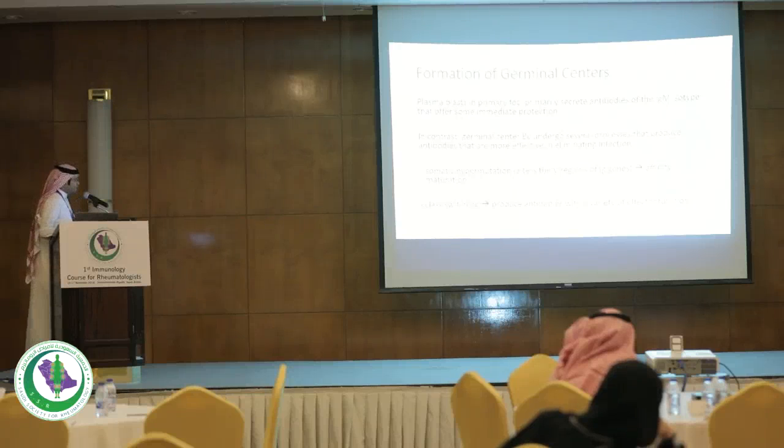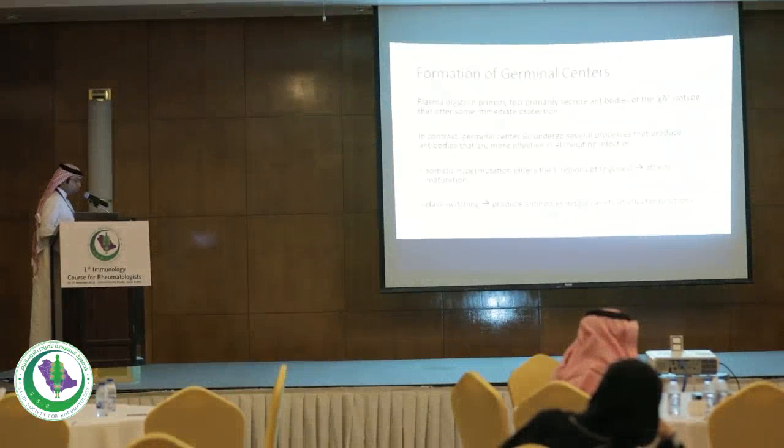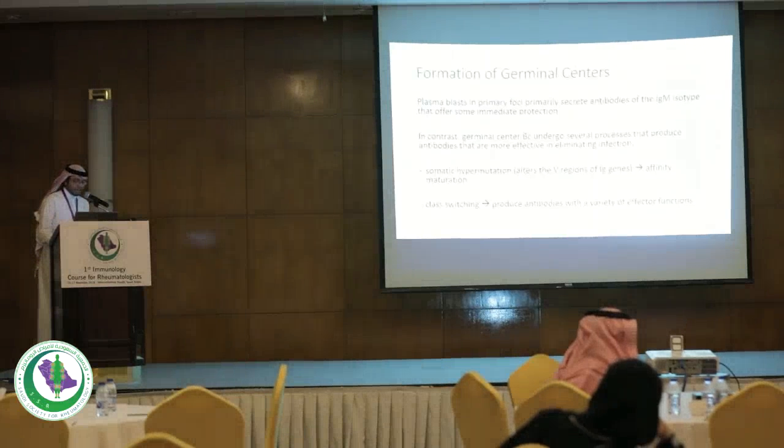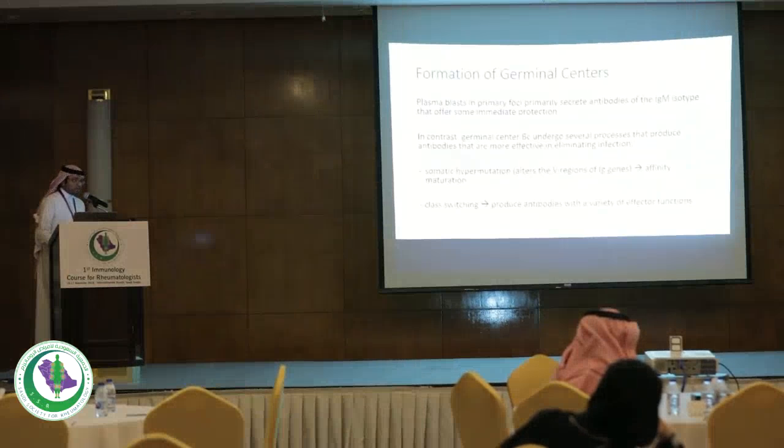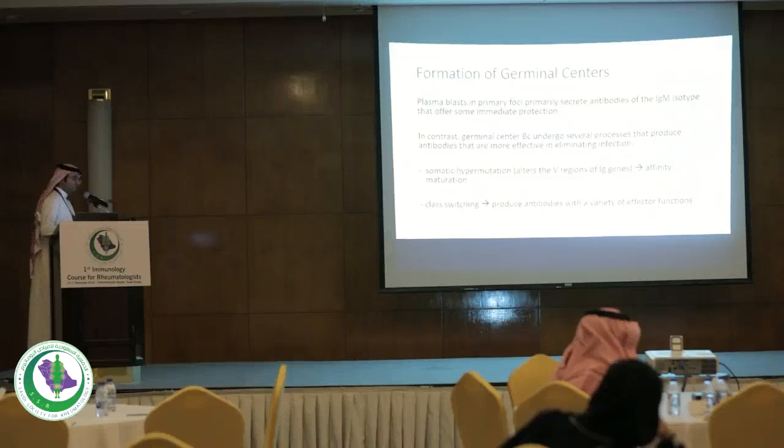By default, the first plasmablasts that are produced usually present IgM. So all antibodies are first produced in the form of IgM. IgM has low affinity, however, it provides immediate humoral immunity. So if we have an infection that reaches the blood, the process of class switching and somatic hypermutation, which we'll talk about, takes time. So you need to have an immediate response trying to contain the infection until you produce